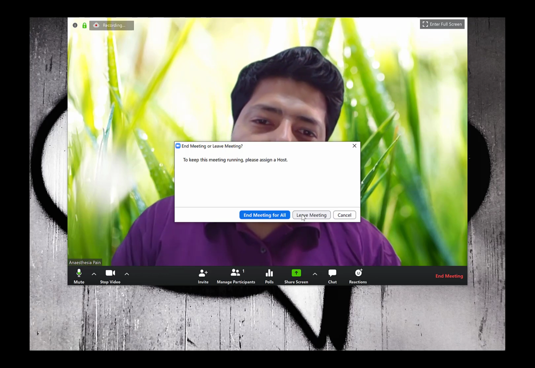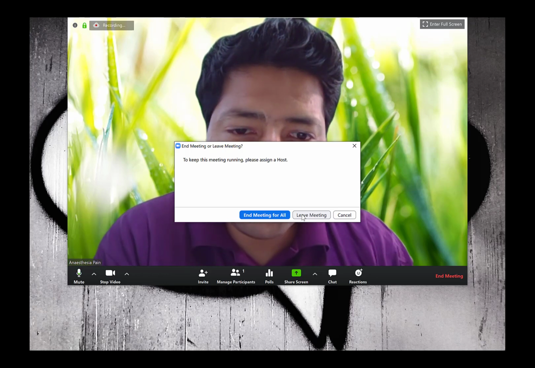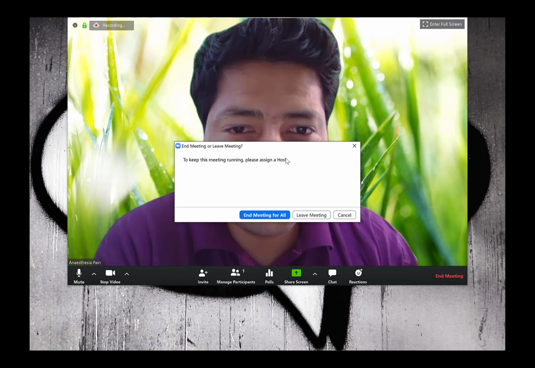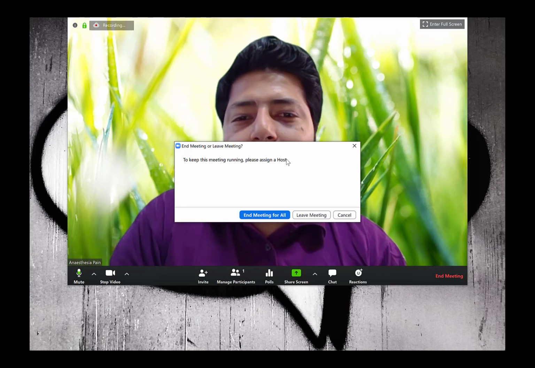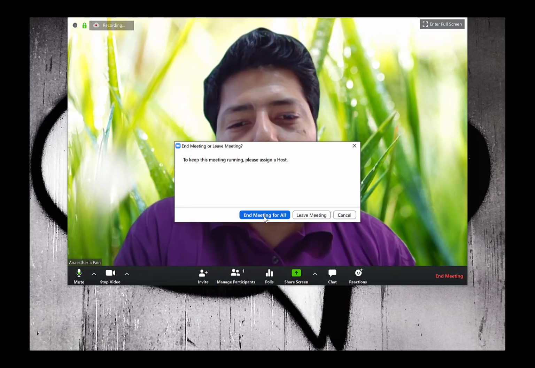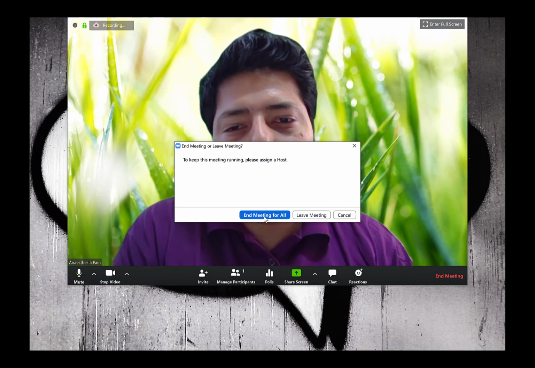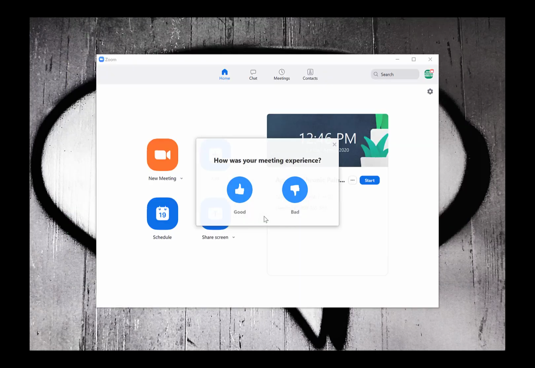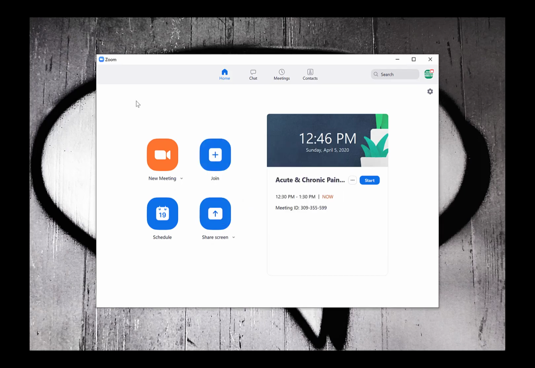However, if you leave the meeting, then you must have a host, so you need to assign a host. So for all practical purposes, it is better that you click on this end meeting for all, and you can just exit. Once you exit, Zoom will ask you how was your experience, and then you are back to your